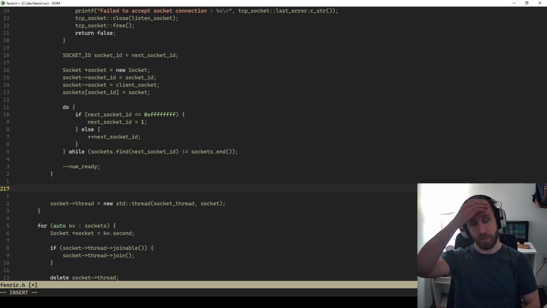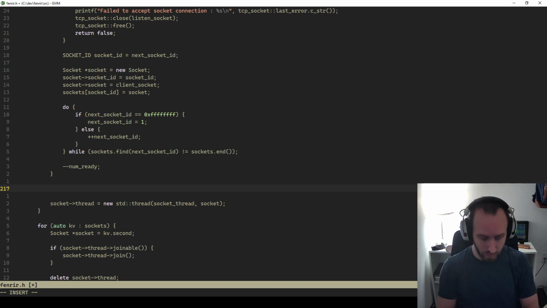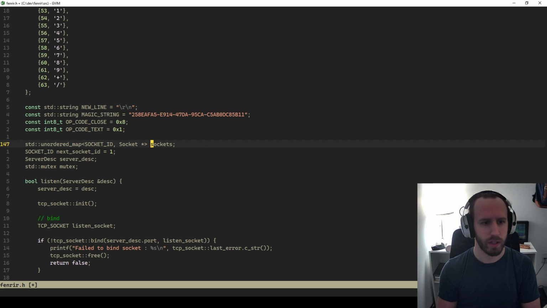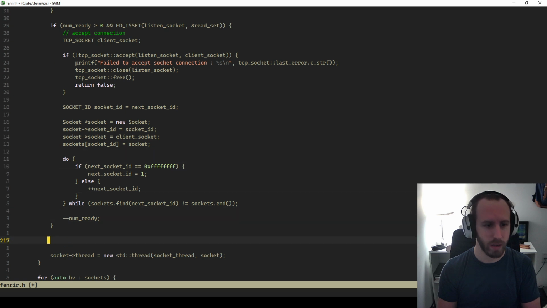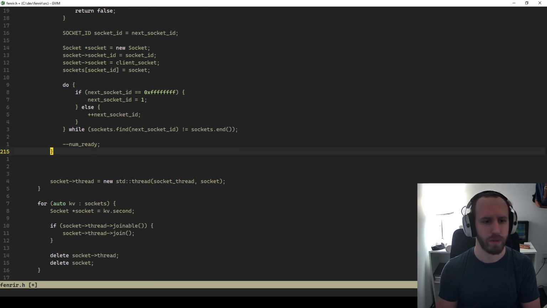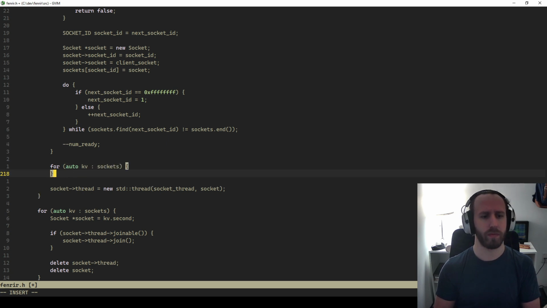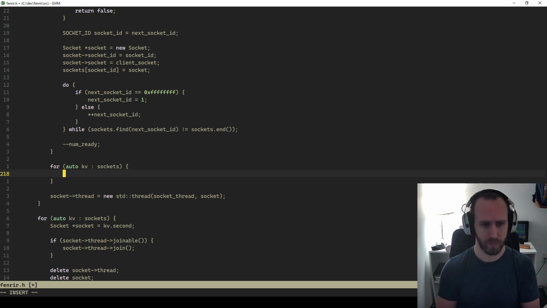And so that we would check if FD, okay, sockets, it's a map of the socket ID to a, right. Okay, so we need to iterate over all of the sockets, right? Okay, so each socket,